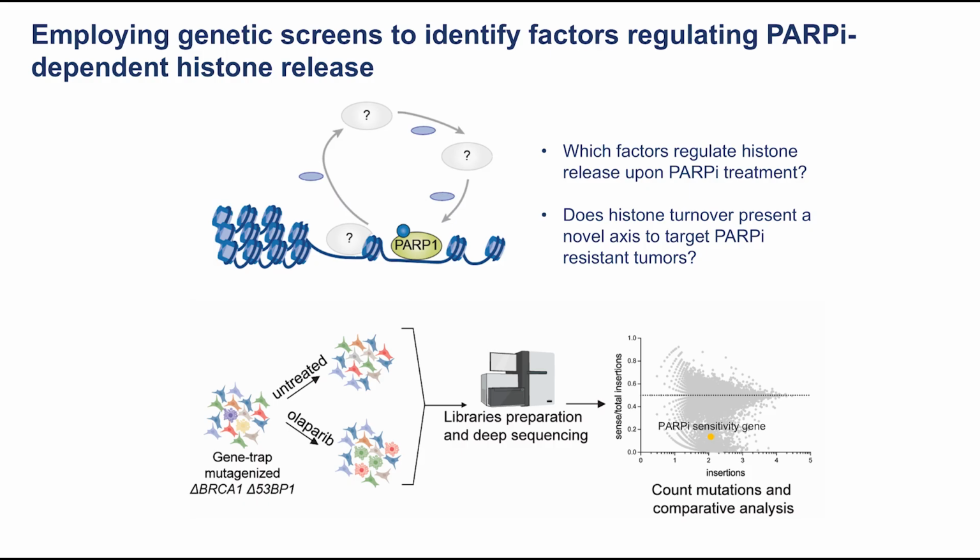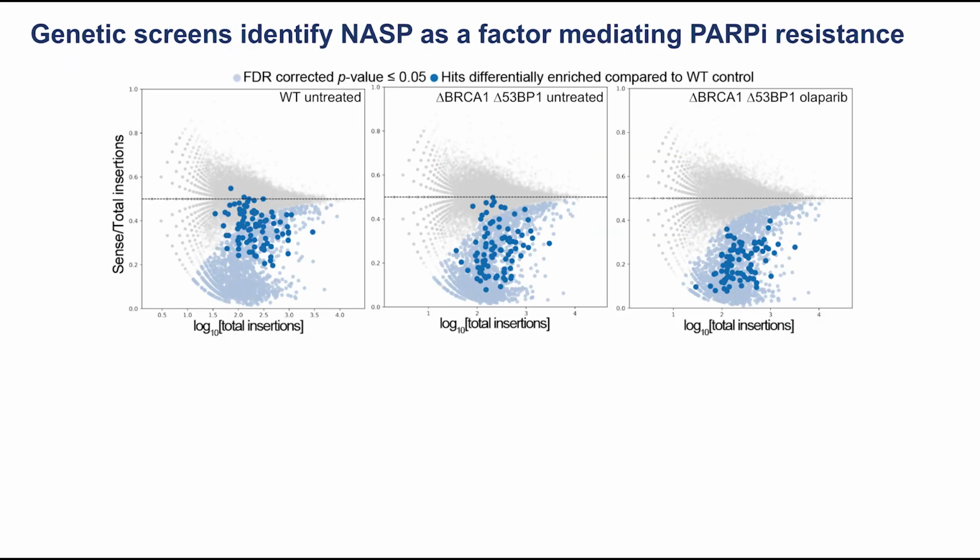So we generated a pool of knockout cells, passaged them in the presence or absence of olaparib for 14 days, and then isolated genomic DNA. And these are the kind of plots that we then get. So genes where the loss causes PARP inhibitor sensitivity will be scored in the bottom of the graph. And these are the results that we got. In dark blue, you can see all the genes that are differentially regulated compared to the wild-type untreated setting. And of course, we identified many DNA repair genes, but we were also quite excited to find this protein called